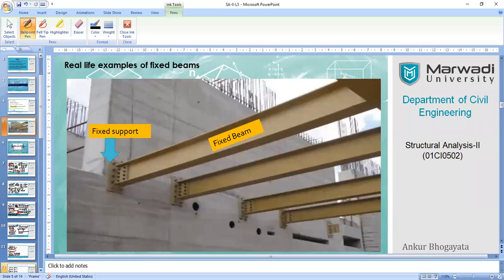So our today's focus is on the solution of propped cantilever type beams with regular common types of loading, as well as we'll also see that if you vary the moment of inertia or the stiffness of the beam, how it will impact the behavior and calculation of the required quantities, namely moments and shear forces.